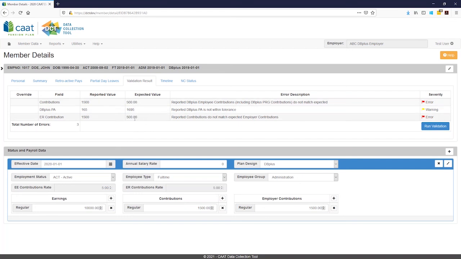After investigating and verifying the actual contribution amount with our payroll records, we will update the contribution fields in the lower section. Based on our records, we verified the earnings reported are correct. We will update the contributions for employee and employer from $1,500 to $500 each.